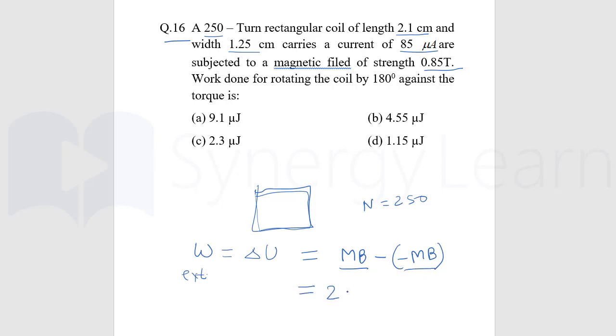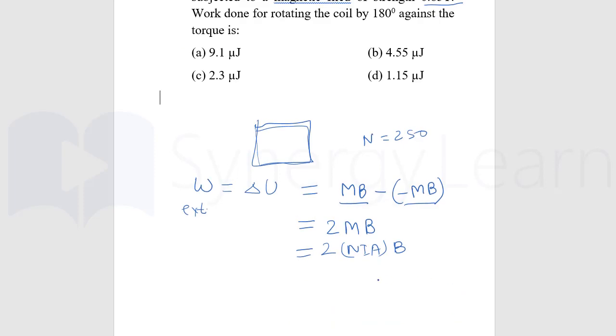So it is 2MB, and the magnetic moment, as we know, is equal to NIA, and it is multiplied by the magnetic field. So substituting the values,